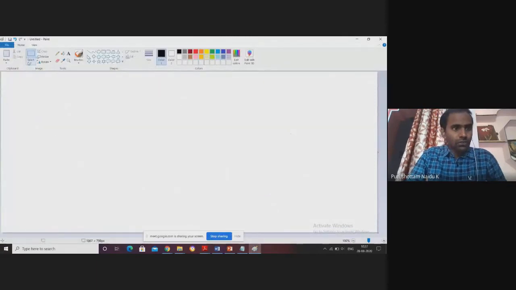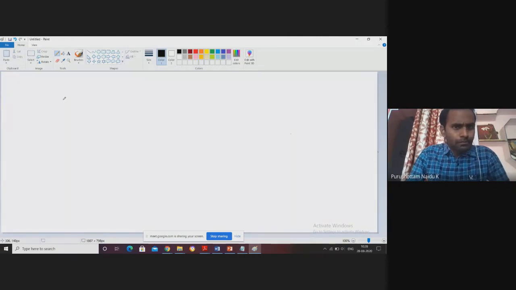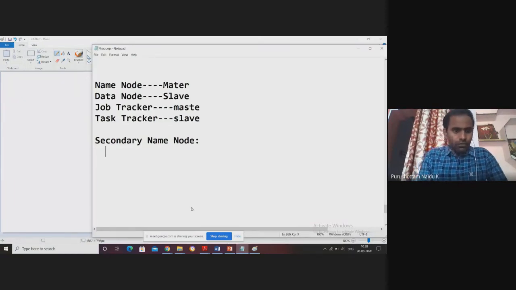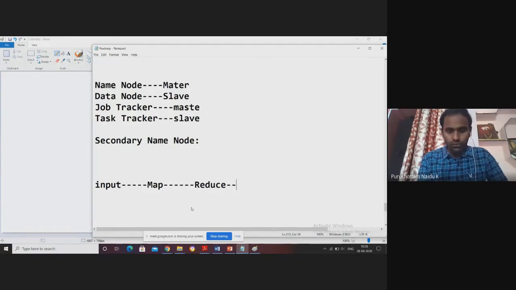So first, we take the input file, which is given to the map function. This is then given to the reduce function, then we get the final output. This is the actual workflow of MapReduce code.